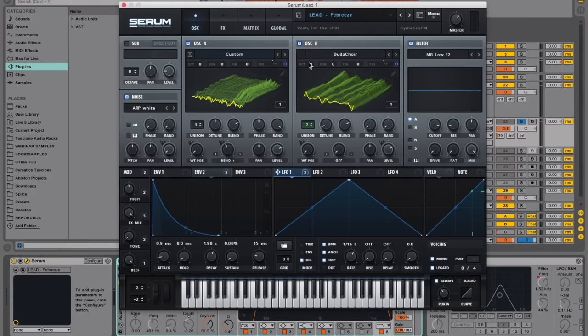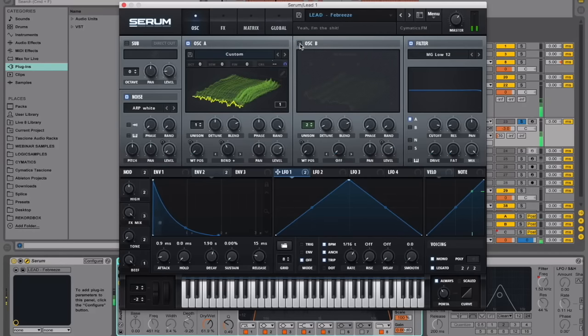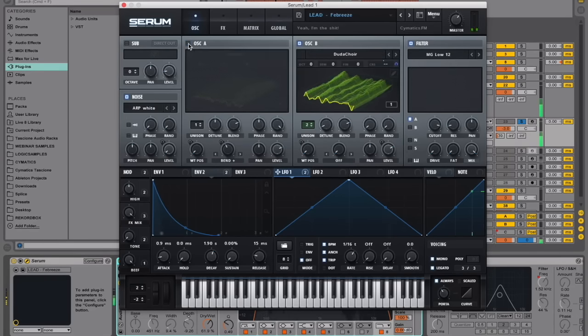But let's listen to this. Let's look at these two oscillators. We'll turn off Oscillator B. So Oscillator A is giving it kind of a nasally type sound. Let's listen to Oscillator B solo. And Oscillator B is giving a low valley type sound. So these two really work together well. So yeah, together